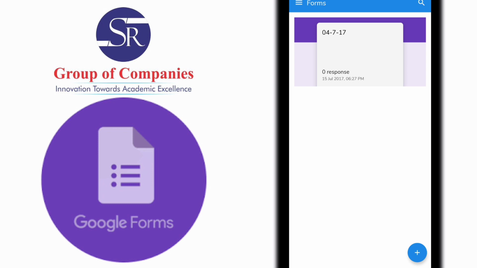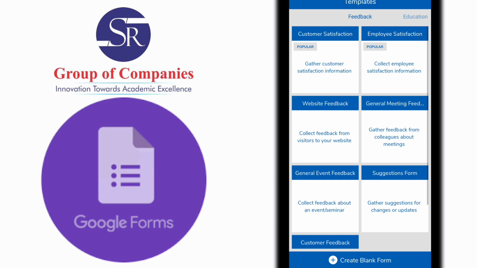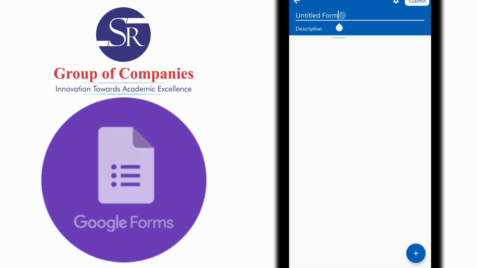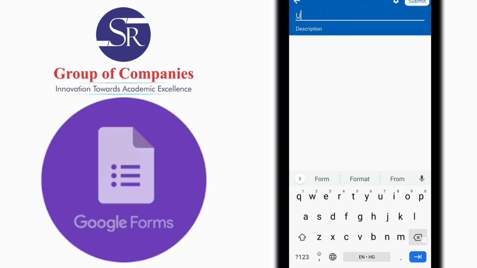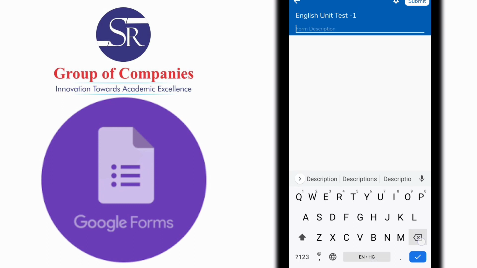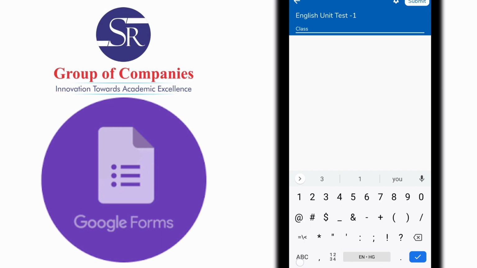So now there is a question which most of the teachers have in their mind. How do we identify which child from which class has written the question, and how do we understand who has actually written this online examination? So for this, what you need to do is, when you create a question paper, for example, as I have explained, English unit test 1, this was our title, and this is for class 1 and it is for section B.